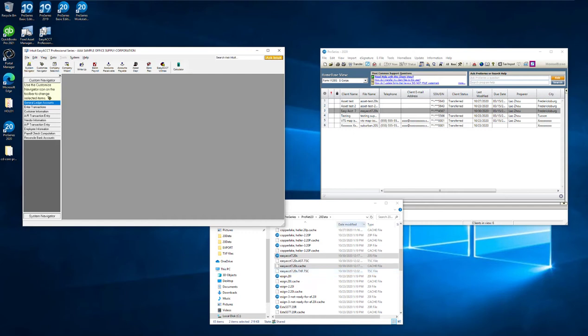Now, a real quick note: the import file is only used once. As soon as you open the file, it'll begin the import process, and then the system is going to basically discard it after that. So if the information is not quite right, whatever the case is, you're still going to need to go back into EasyAcct, correct whatever you need to correct, and then re-export that information so that it can bring it in. So to give you